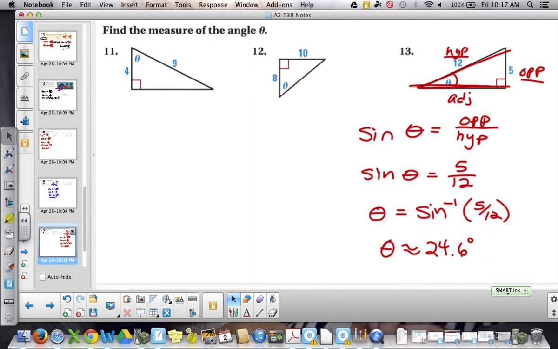All right, so that's it for target 38. So when we want to find an angle, we use inverse trig ratios. But again, set it up using your definition. We always set things up using our definitions based on the side we know and the side that we're looking